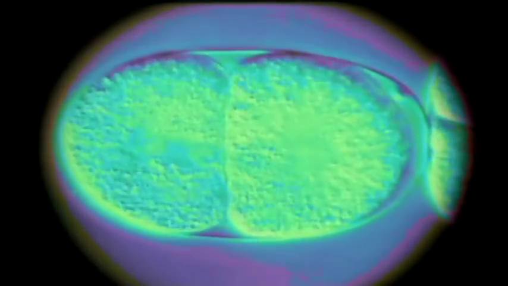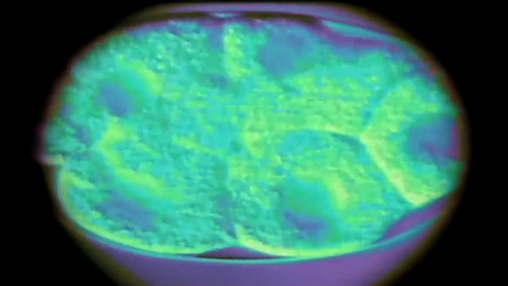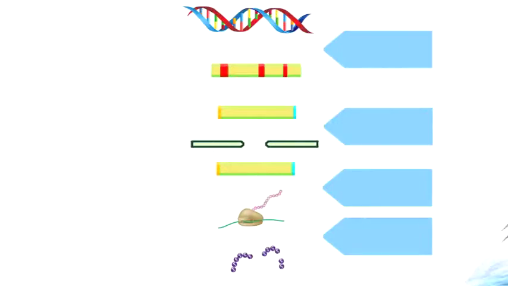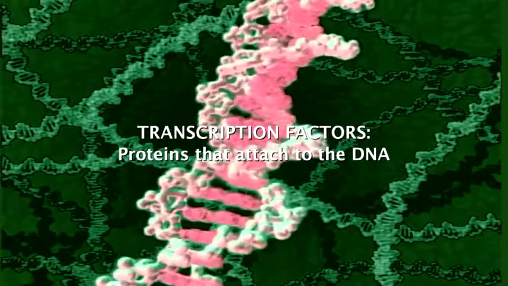Inside of living cells, the regulation of gene expression can take place at any one of a number of different steps in the production of the gene products, RNA and protein. In the case of transcriptional regulation, for example, the rate at which a gene's DNA instructions are transcribed into RNA is controlled. One of the main ways this happens is through the actions of proteins called transcription factors that attach